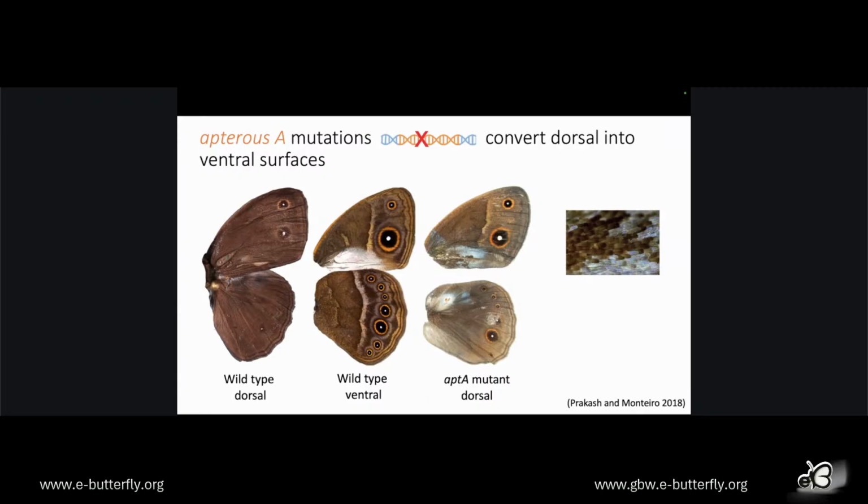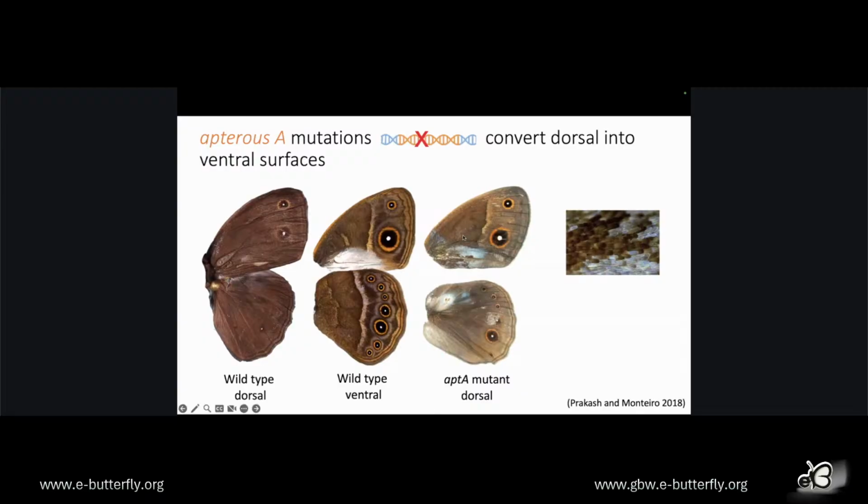And so what we see here is just a patchwork of edited cells mixed in with non-edited cells. But we can very clearly see which are the edited cells. So for instance, all these cells here that show silver scales, these are the edited cells that are reverting to a ventral identity. So in the case of the butterfly generic program, the ventral identity seems to be the generic